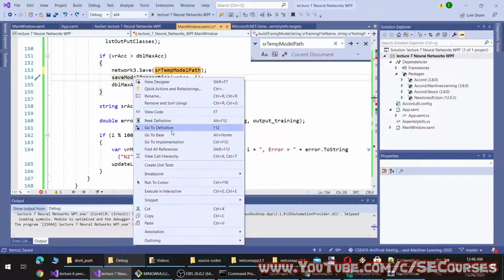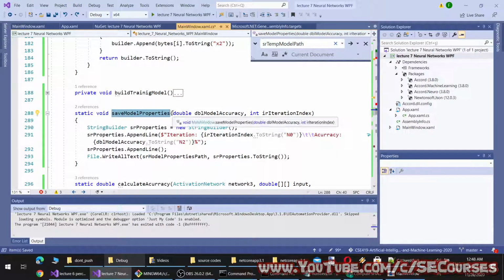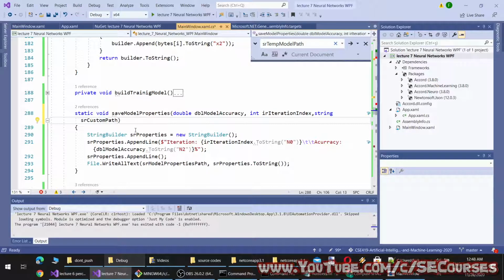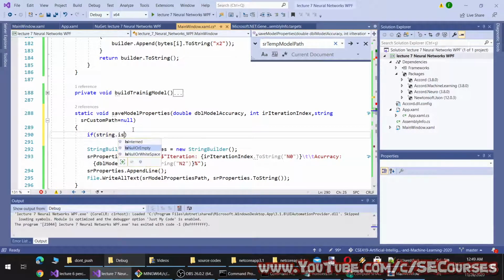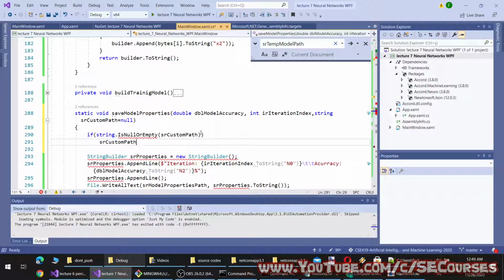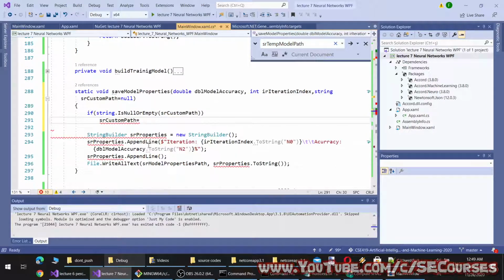So save model properties equal to null. Equal to path.